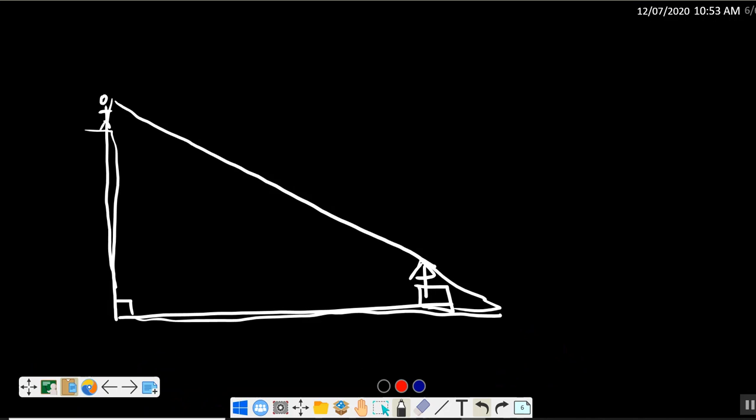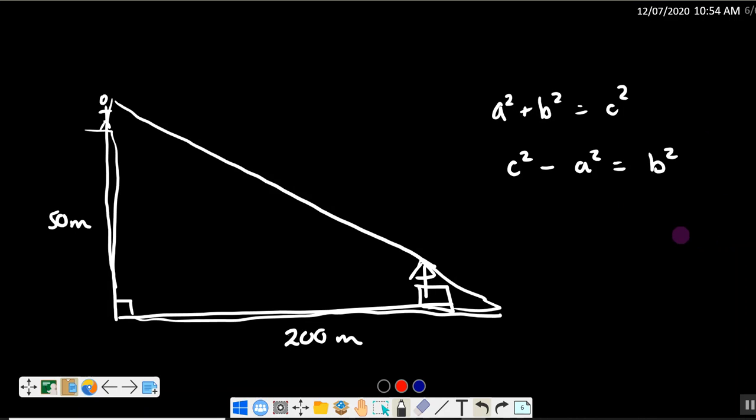If I know that they're 200 metres offshore, and I know that this is 50 metres tall, I could ask you how far away the person is from the boat. But remember, it's all Pythagoras' theorem. And what are you expecting now, if there's more than one Pythagoras' theorem question? Yeah, I'm probably going to have to do this one, or when I know the longest side. Okay? Let's